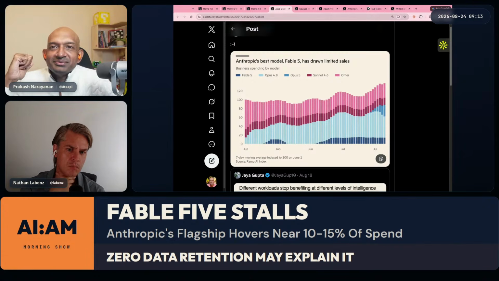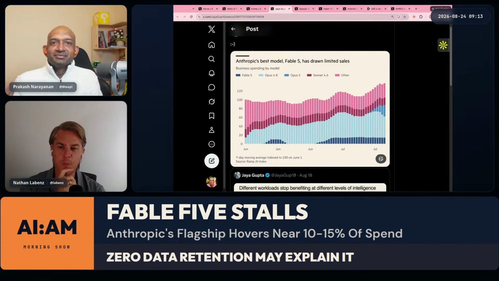Yep. Yeah, that's probably the best explanation that I could come up with as well. I think there's also, when we first got Fable in that little blip at the beginning of that chart, one of the things we talked about was how everybody was going to have to start thinking more carefully about the division of labor between models and trying to make sure that you're using the right model for the task, because it is pretty expensive and you do hit your limit even on your Claude Max plan relatively quickly if you just throw everything at Fable. So I have done that. I think probably a lot of people have done it. It's so easy to do, right? You can just